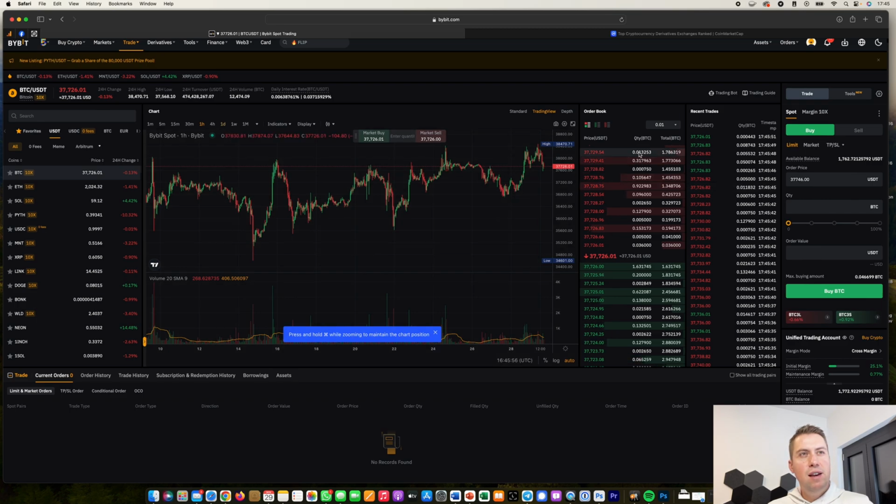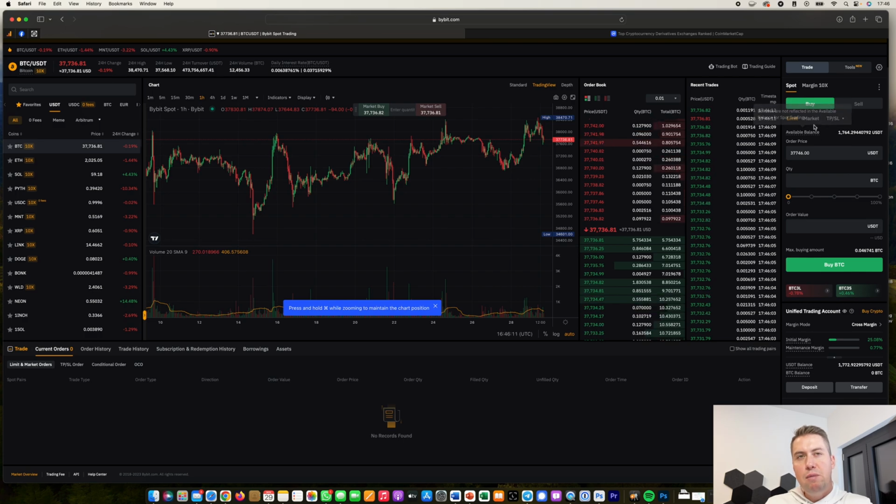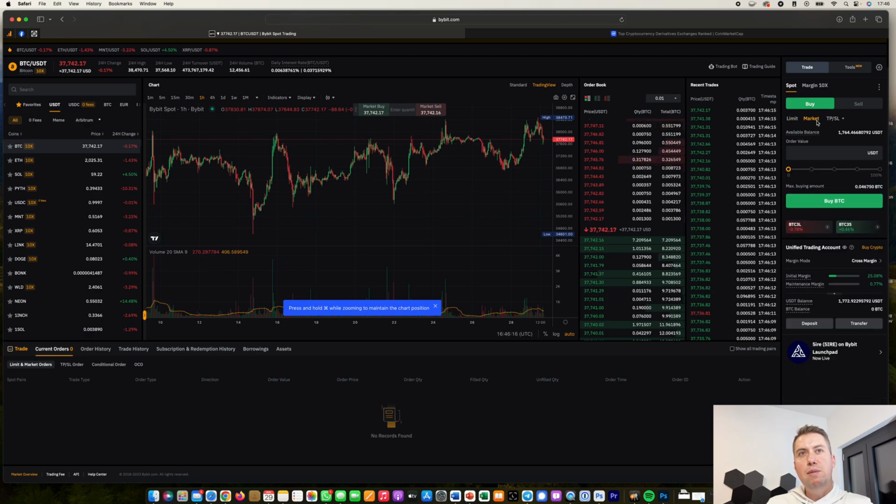And then there's the order book. In red you have all the sell orders, and in green you have all the buy orders. Here you have the last trades, and here's the interface where you can basically put your order in. Let's start with the buy order, and spot. So here you can see we are trading spot. You can basically do a market or a limit order, and the market order is fairly straightforward. You just say, okay, I want to invest half my money or 25% or 7% or whatever you like, and just click buy, and the order will get filled immediately to the best price available.